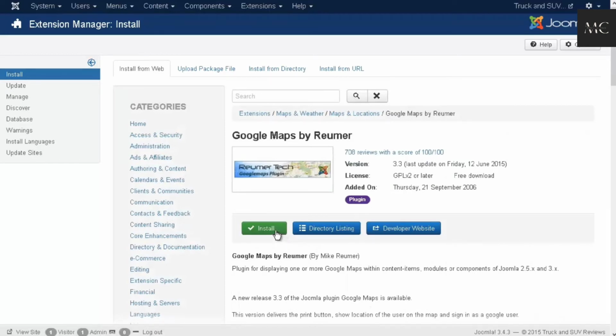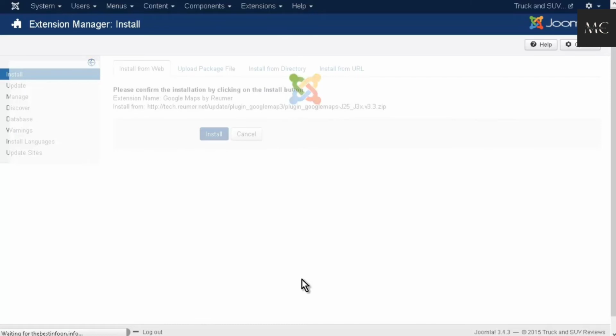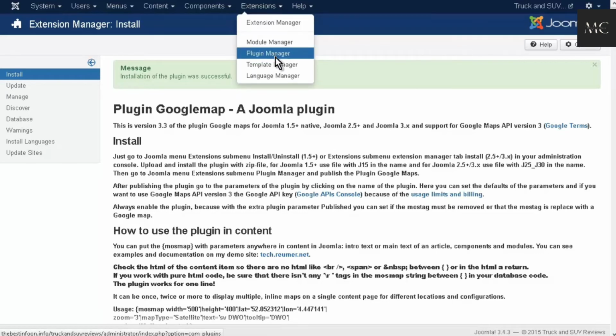Okay, and then you'll just see here it's a plugin, so we can just install it. Click install. Okay, so we now have that installed. So that's another way you can do it. It's a little bit easier. So you don't have to go tracking down the files and download them and then re-upload them again to install them. Okay, so now if we go up to extensions and plugin manager,